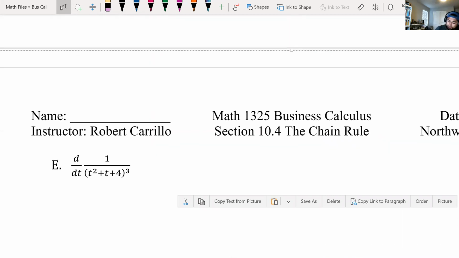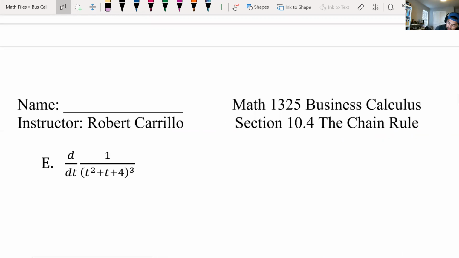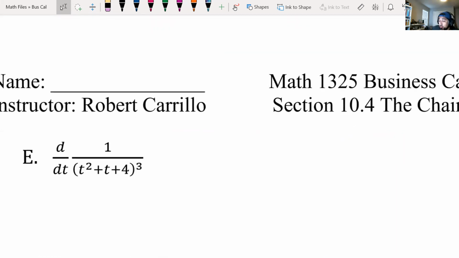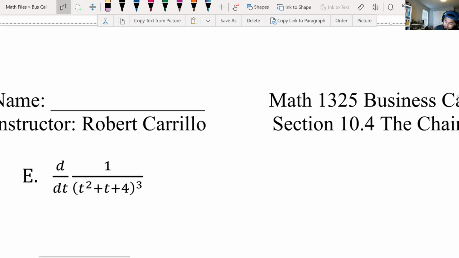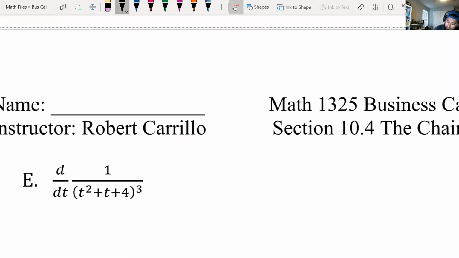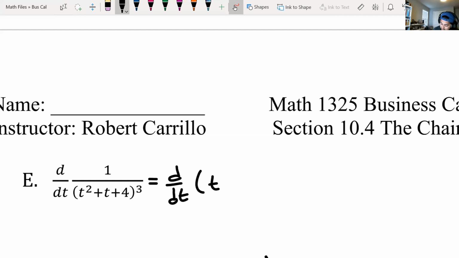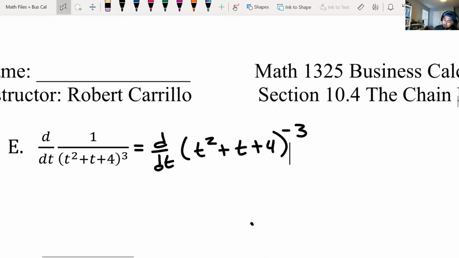All right, E. d over dt of 1 over t squared plus t plus 4 to the 3rd. So we are just going to rewrite this. We're going to flip it to the top, and I'm going to rewrite it as d over dt of t squared plus t plus 4 to the negative 3, which means now we can apply the chain rule,